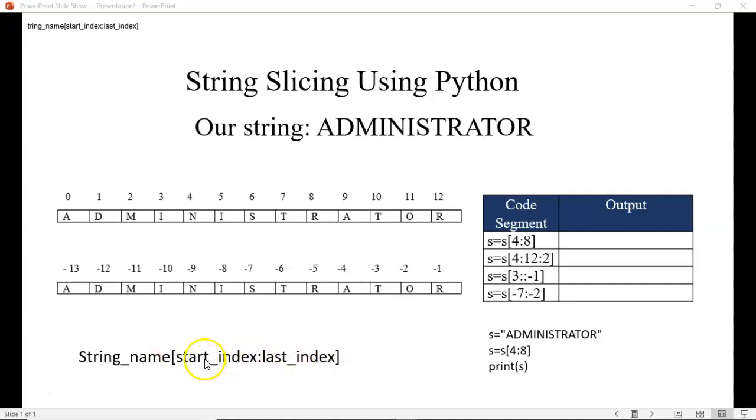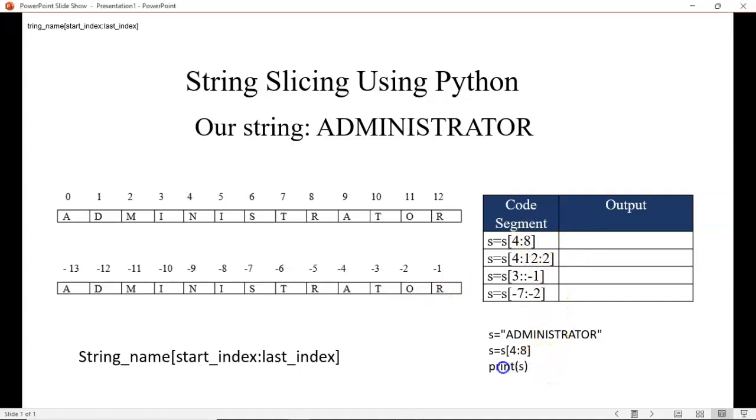Inside of the brackets, we have a starting index and we have the last index. And up here, you see the index chart. This is how we can do it manually, and I'm going to go over this with you in just a moment. The easiest way for us to see how the index chart and the Python code connect is for us to run the code first, come back to the index chart, and try to make sense of the output. So let's take this first code segment and configure it using the Python syntax,